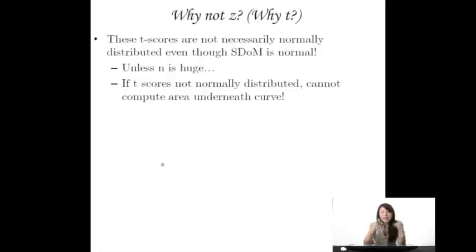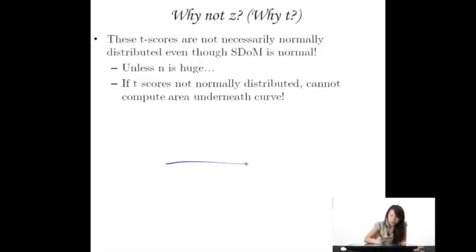Well, it turns out that if n is really, really big, then this doesn't matter as much. If your sample size is large, then the t-distribution approximates normal. So it goes towards normal. But when n is small, then you have to worry, right? And also when n is in the middle, when n isn't really big, it's just large. So there are all these situations where you have to worry about the t as well as the area underneath the curve. So if the t-scores are not normally distributed, then we can't calculate this area underneath the curve,